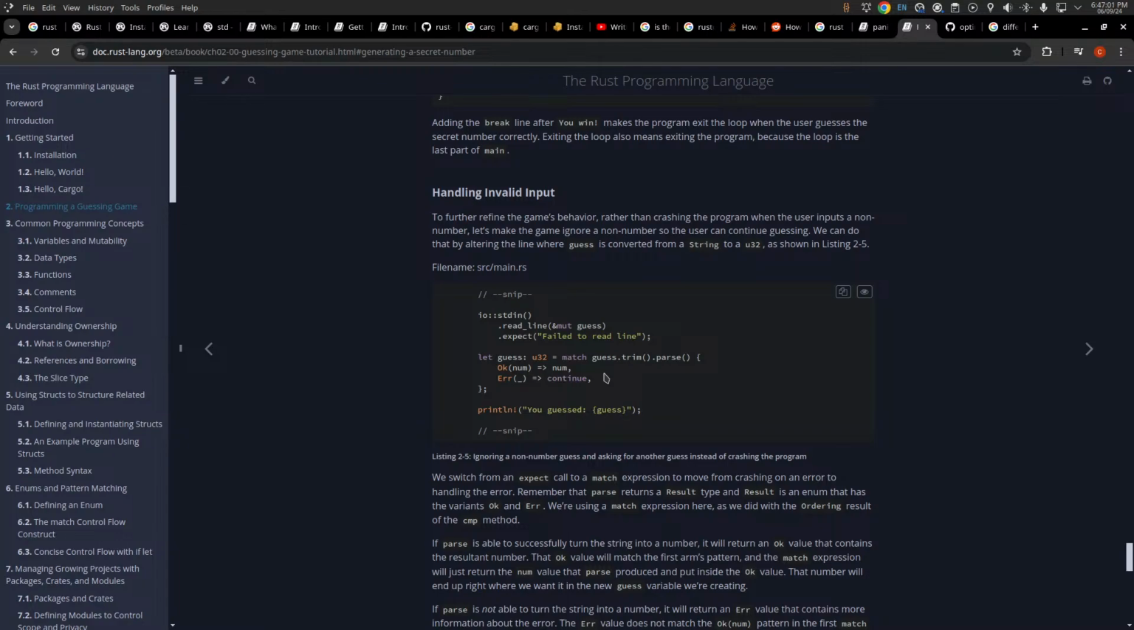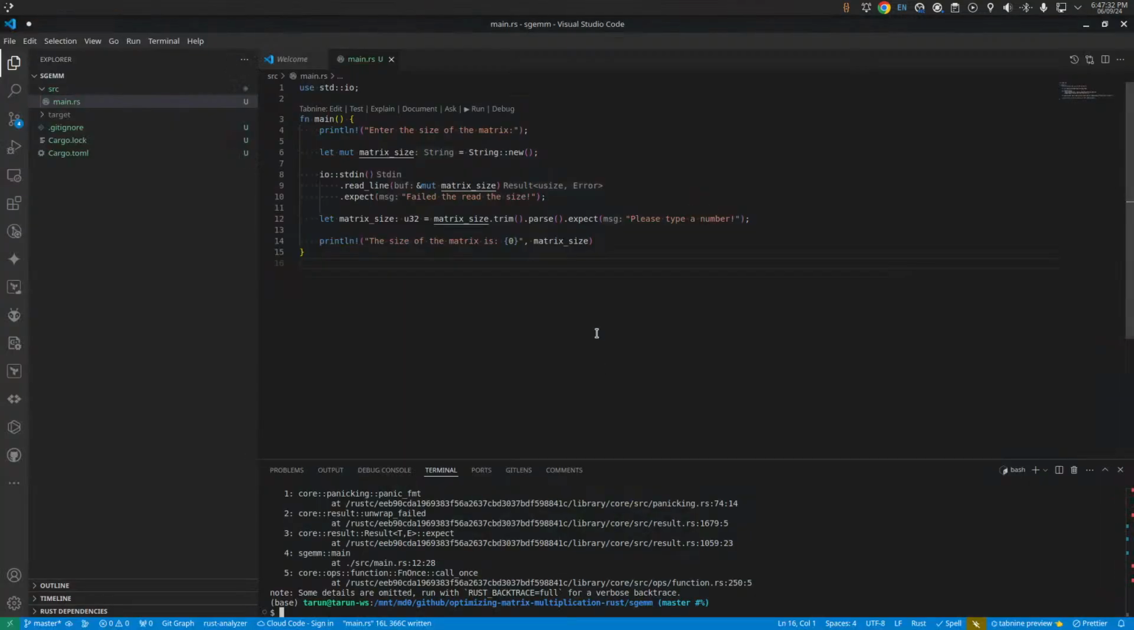Let's see. To further refine the game's behavior, rather than crashing the program when the user inputs a non-number, let's make the game ignore a non-number so that the user can continue guessing. We can do that by altering the line where the guess is converted from a string to a u32. Okay, so that's basically saying